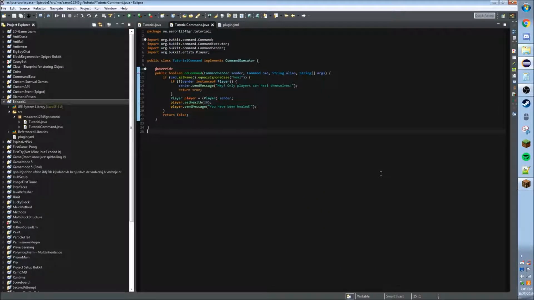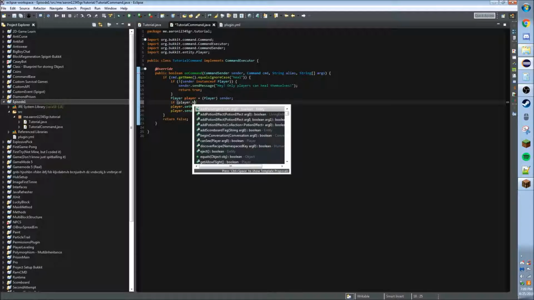So no time has passed since the last episode, and we are here to teach you how to do permissions. One of the most important things you can do. You don't do them for the console, but you do them for players here. So now if I went in here, went under the player instance, I said, hey, if the player that has